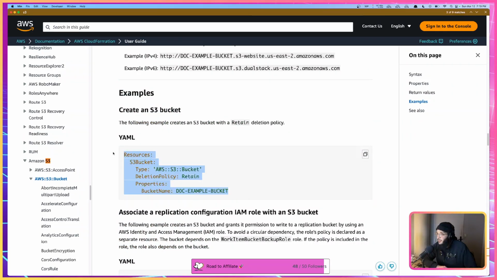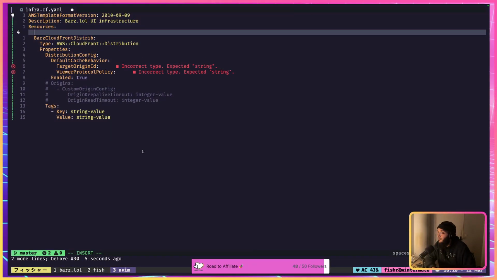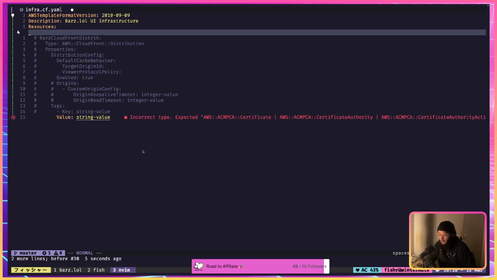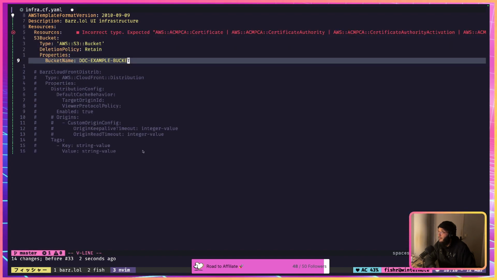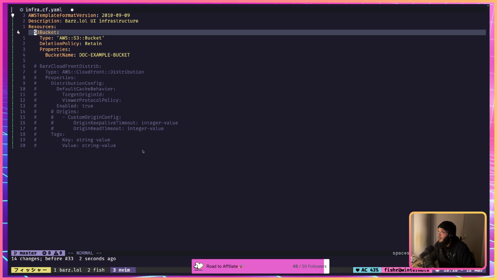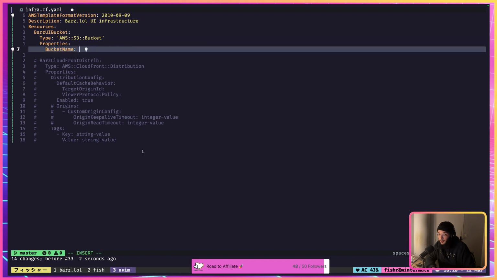Okay, we'll create an S3 bucket. I guess that's what we want. So, resources. We're gonna take this. Oops. We'll copy that right here. In fact, we don't need a resources tab. We'll go UI bucket, bars UI bucket, deletion policy retain. Nah. And then this is going to be called bars lol front end,